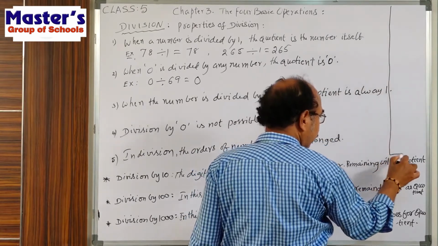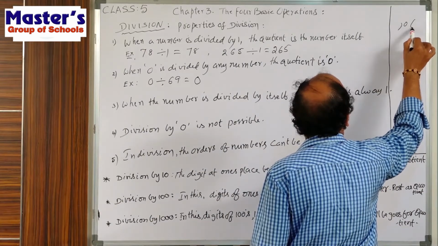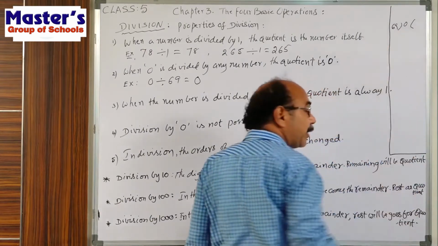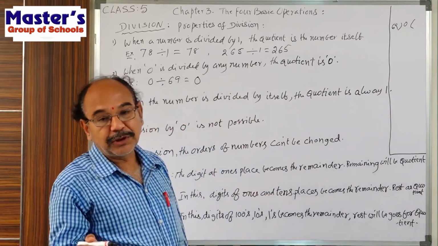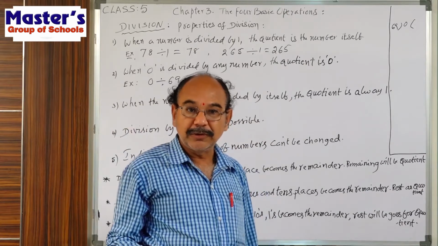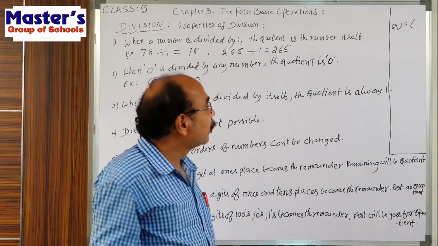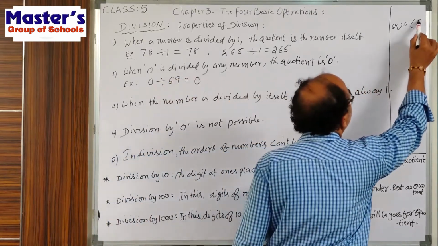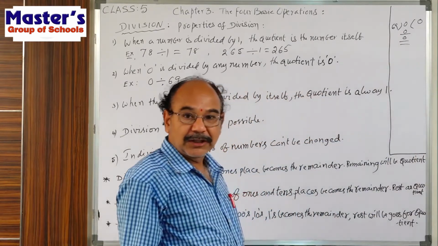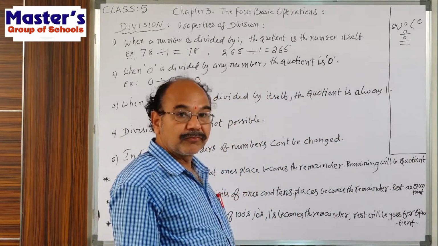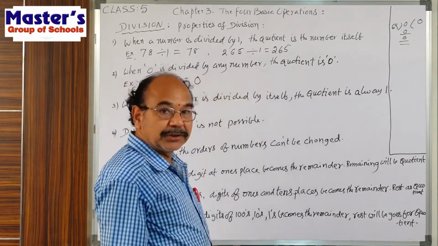You know actual division also. See, children, here I show the actual division. Suppose 0 divided by 69. How many times? 0 times. In the table, with 0 starts no table. 7 zeros are 0, 7 ones are 7, 7 twos are 14, like that. So here 69 zeros are 0. So when 0 is divided by any number, the quotient is 0.